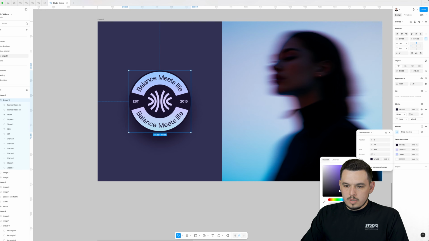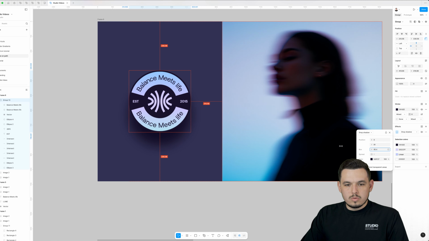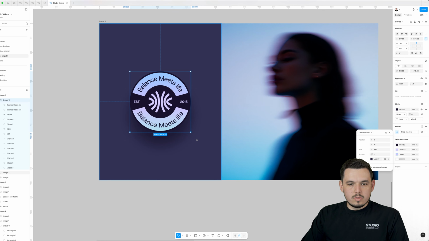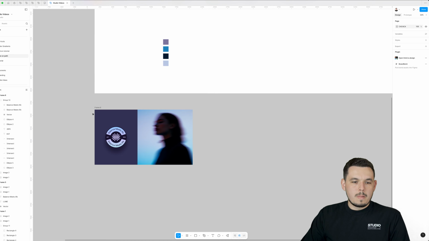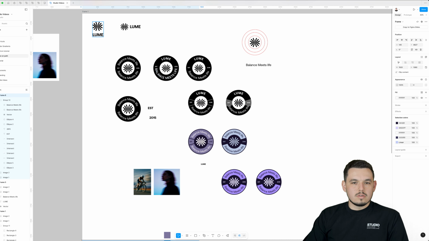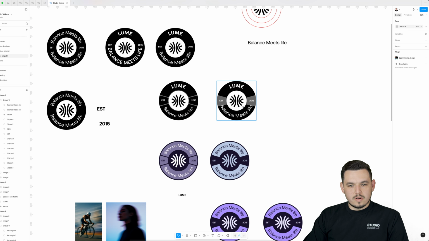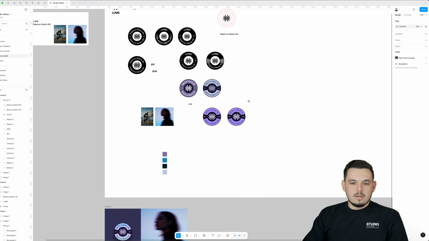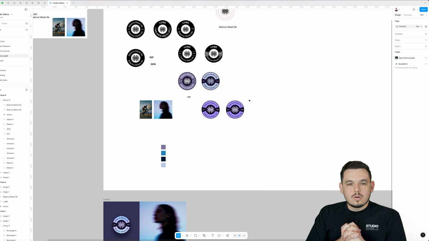But I hope you can see how easy it is now with the new Figma features to create these kind of logo badges. You know, use the type on path tool. It's very quick, very seamless. As you can see here, in a couple of minutes I put together these badge variations, and definitely if you haven't tried it yet, go try it, use it,